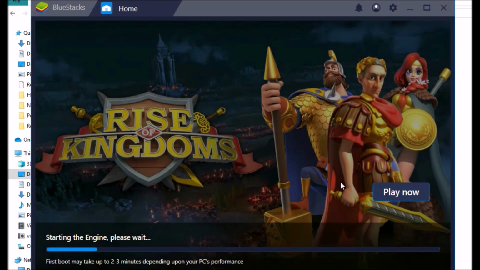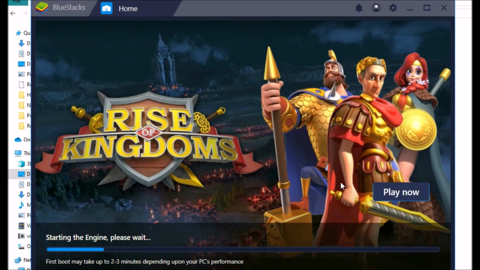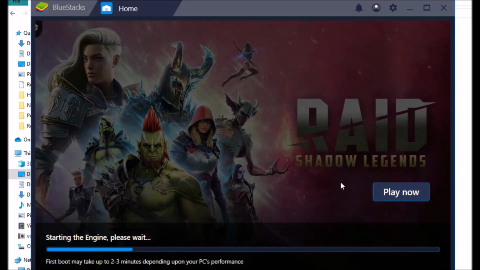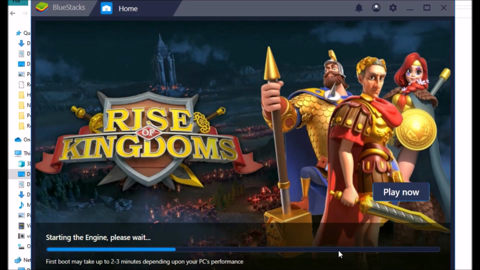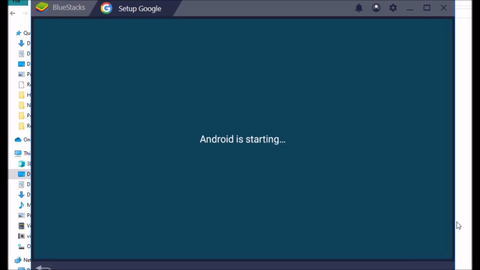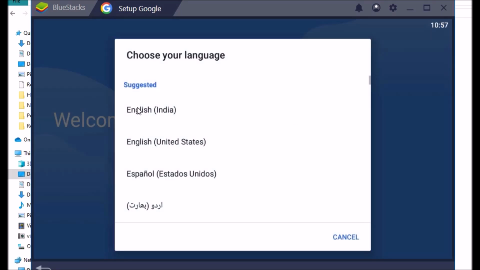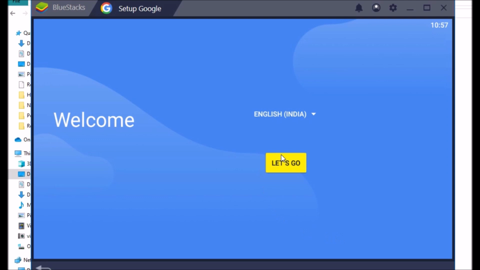So you can play any game, download directly from Google Play Store, or you can run any application which does not require a hardware binding like USB or Bluetooth. It may take about 25 to 30 seconds. So now it is switched on. I'm selecting English as the language. Let's go.